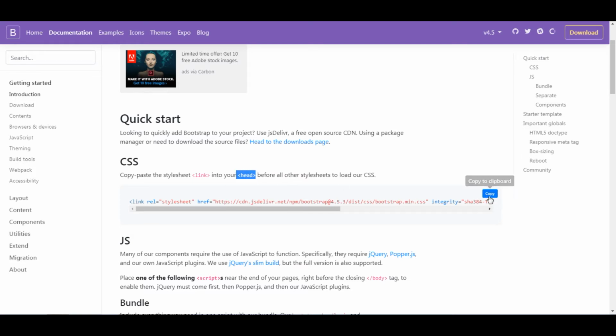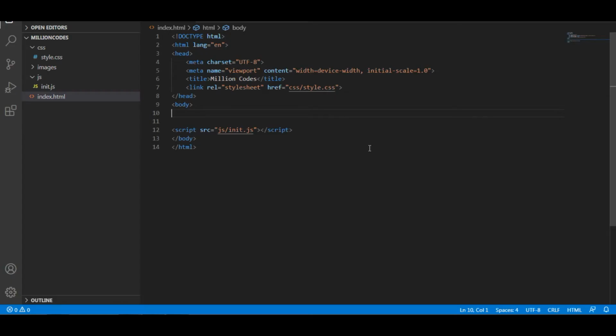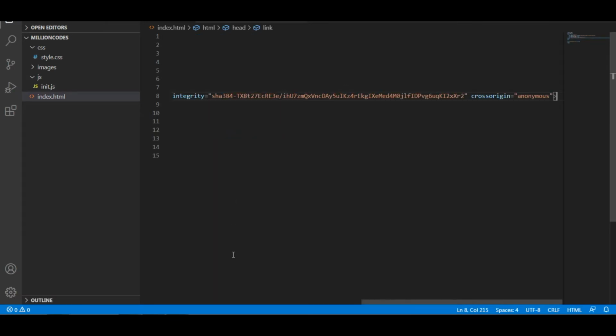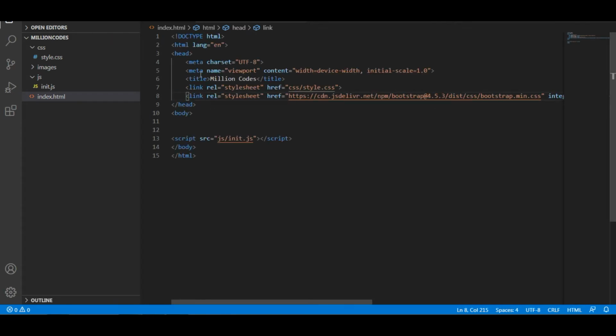So I am going to copy this and also paste the link inside the head tag. So our application is ready to go now.